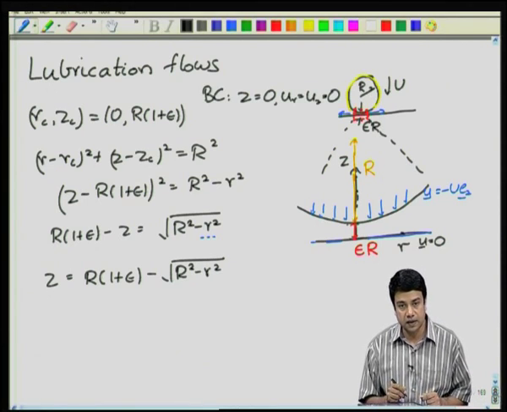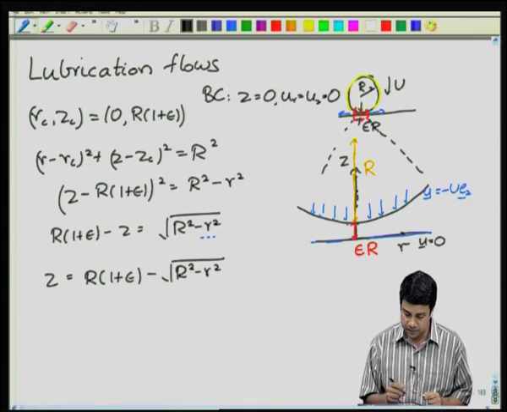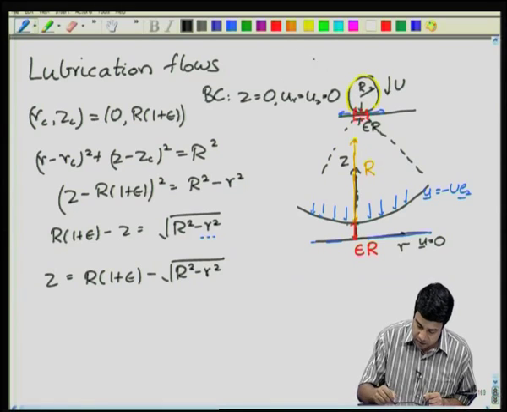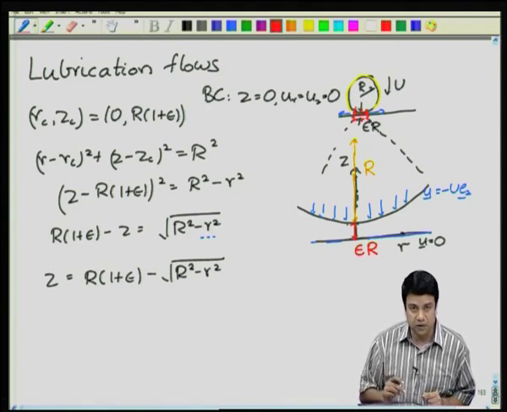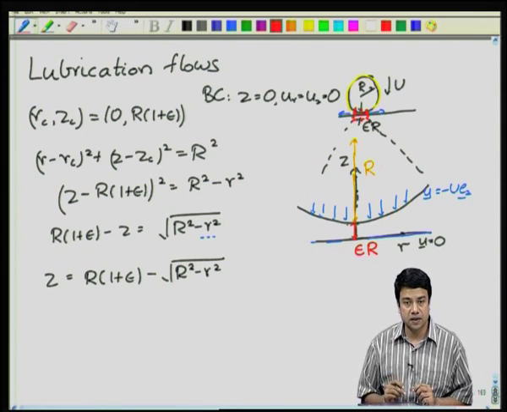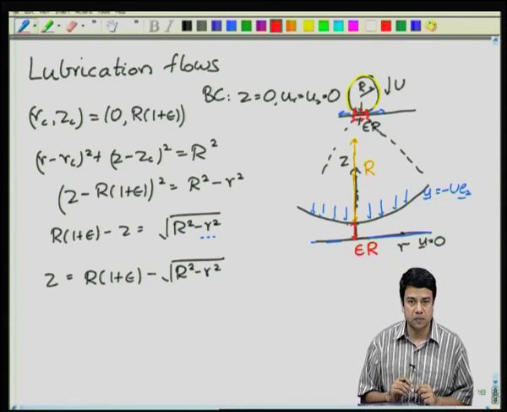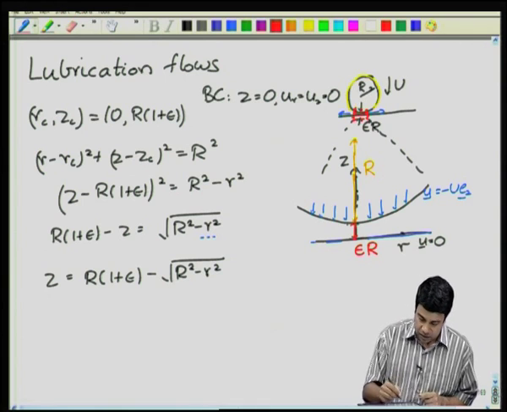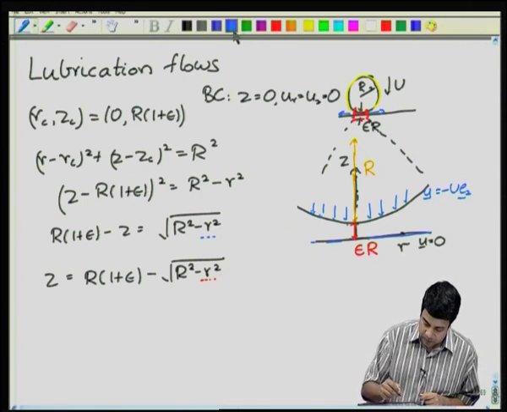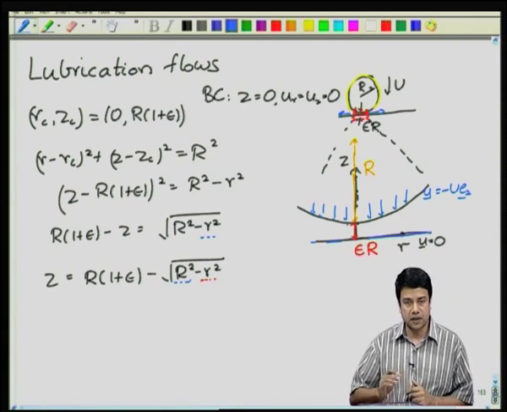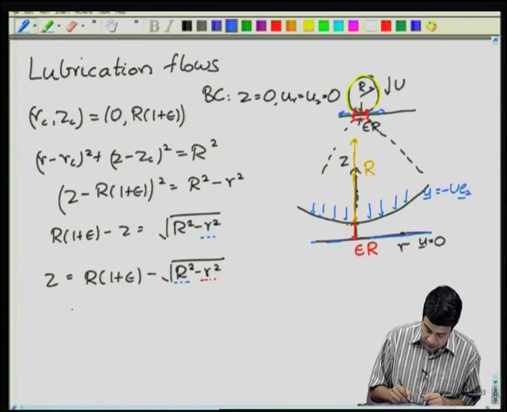Now, if I assume that small r is small compared to capital R, of course, I am focusing my attention on a thin region near the bottom here. Within this thin region, I have a thin gap, and I would expect that both the vertical coordinate in this gap as well as the radial coordinate in this gap are both much smaller than the radius of the sphere. So, therefore, I would expect that r is small compared to capital R, and in that limit I can use a Taylor series expansion, and I will write this as